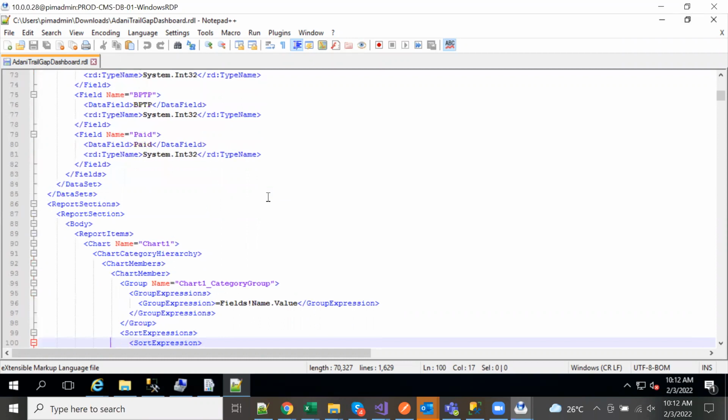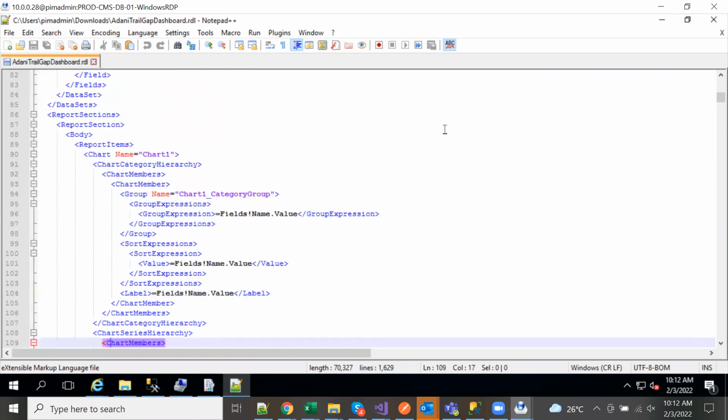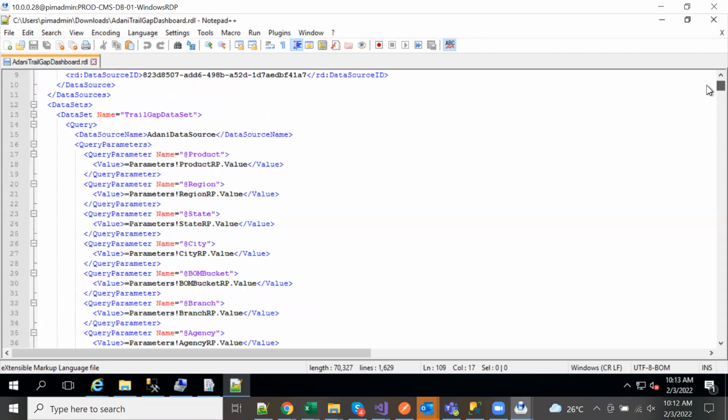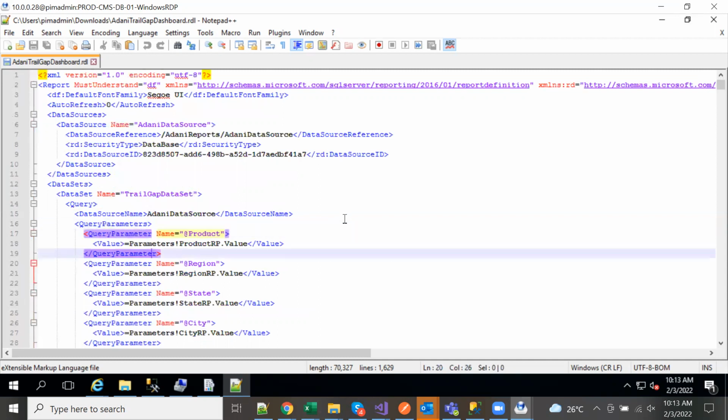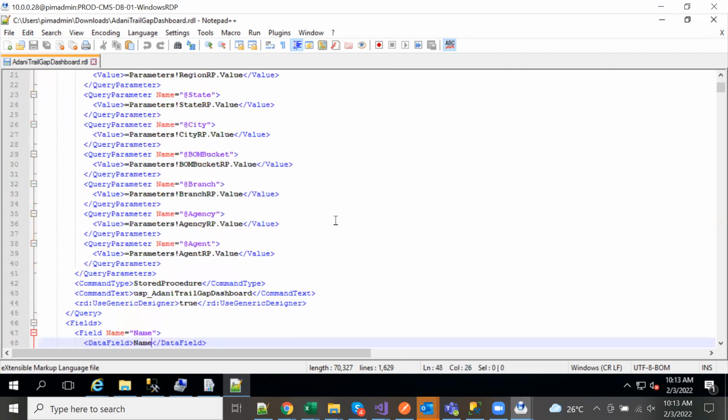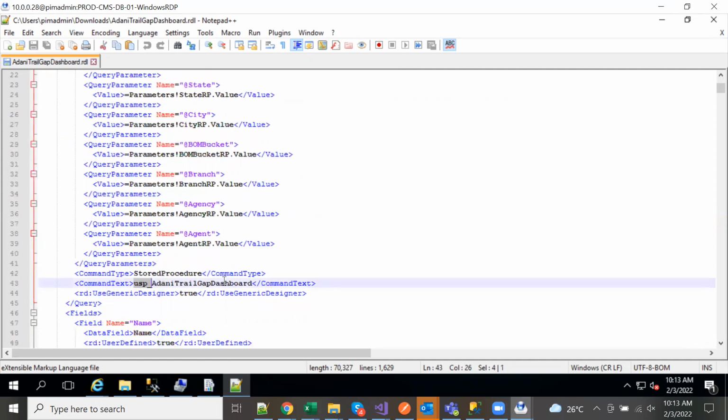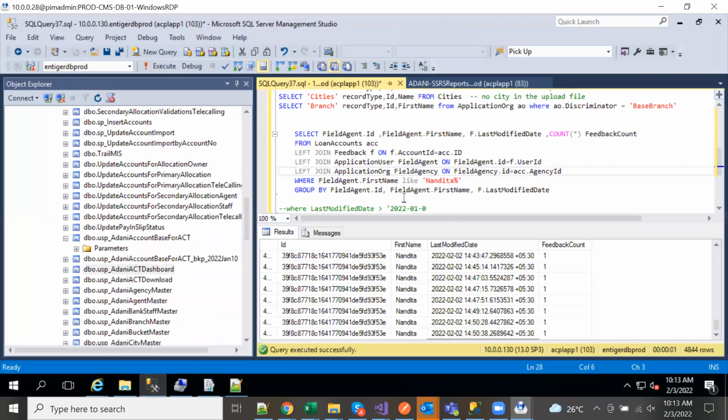Okay, so that's how it is. So what we will be interested in right now to make today's session productive is we will only concentrate on the stored procedure, which is that USP underscore Adani trail gap dashboard, because that's the crux of it. Yeah.